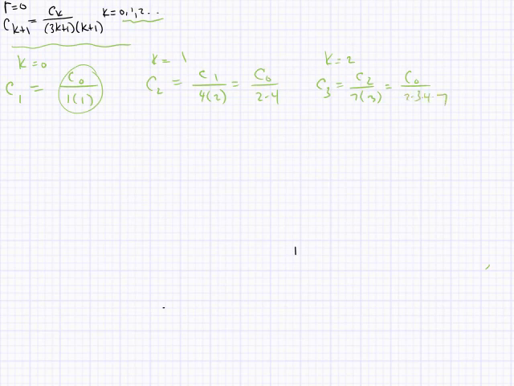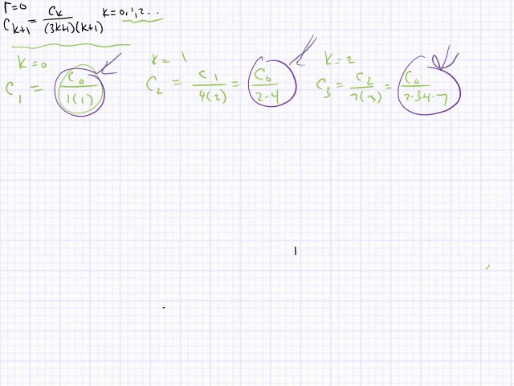Now here's why the c sub 0 being 0 doesn't help. Every one of these is in terms of c sub 0. So if c sub 0 was 0, then this would be 0, this would be 0, this would be 0, and every term would just be 0. Basically we would end up with 0 plus 0 plus 0 plus 0, and that doesn't give us a power series solution. So this is why we don't want c sub 0 to be 0. But the other values that will tell us what r could be, those are helpful. So then remember, the solution